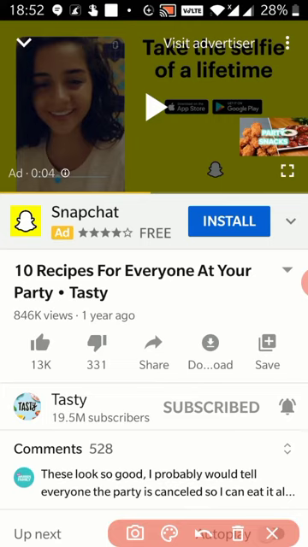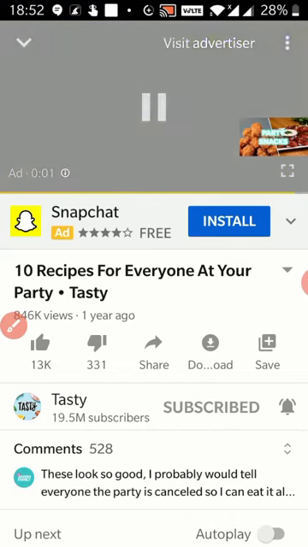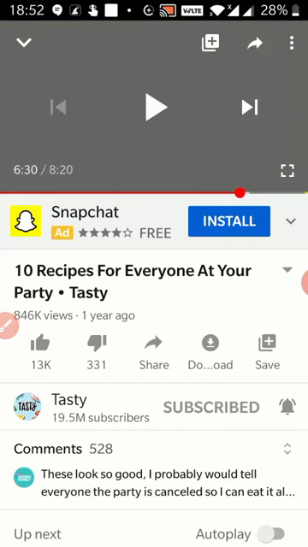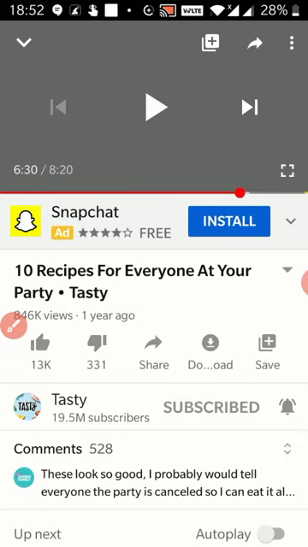So that is how you can watch video after the ad. You can just look at that ad and then you will again come back to that place. Now the video is there and you have watched that much. So that is how you can get to know how much you have watched.